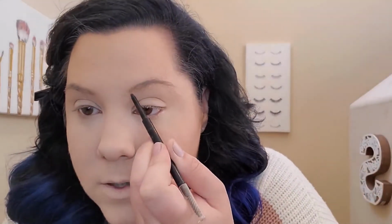So even though this e.l.f. is not my color right now, I will still show you how to use this brush, and then I'll just darken it up with some powder later. But this is one of my favorite brow products, and I need to get a darker one because I absolutely love this brow product. So what I will do is I will